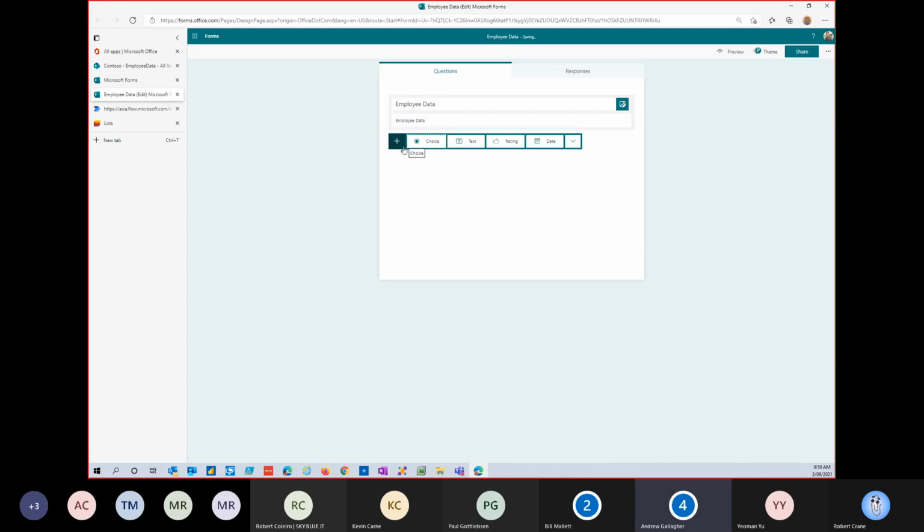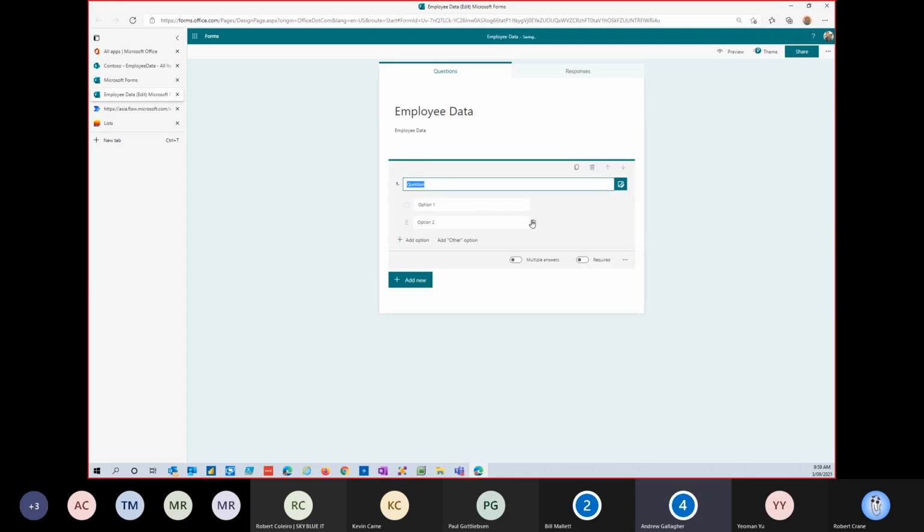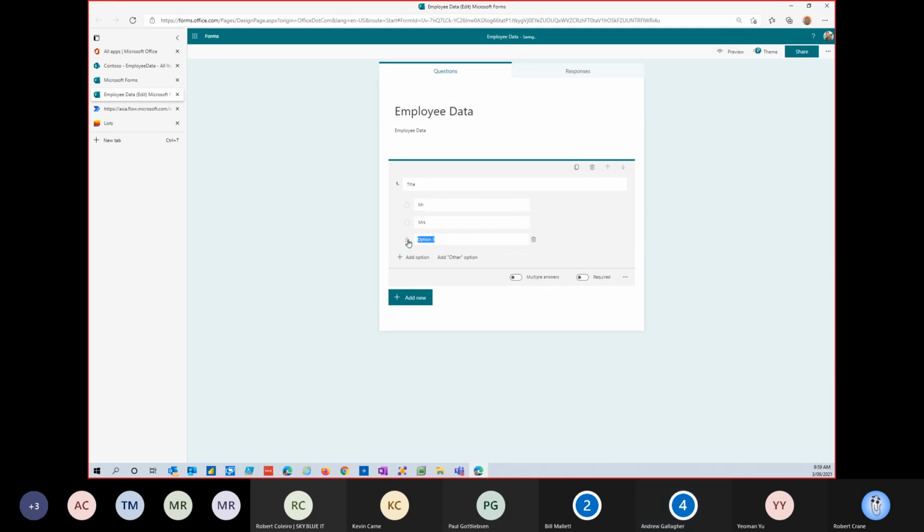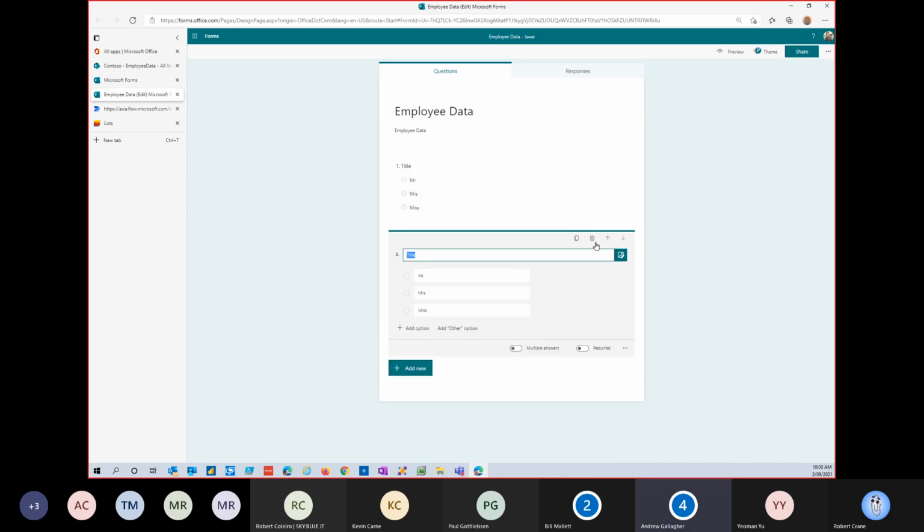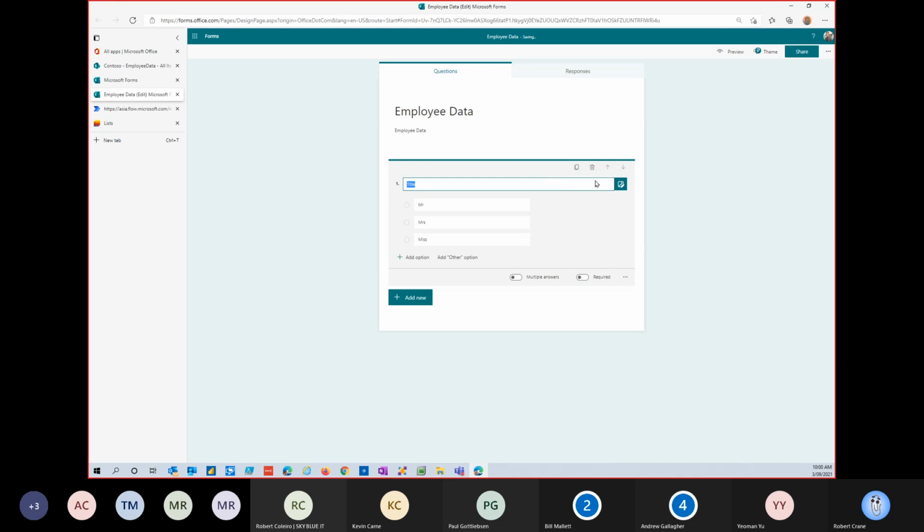And I'm going to add my first field, which I'm going to make a choice field because it's the title. So the field gets its name, and then I can give selections on what the user will be able to choose. As you can see, it's created as radio buttons, and that's not what I wanted.